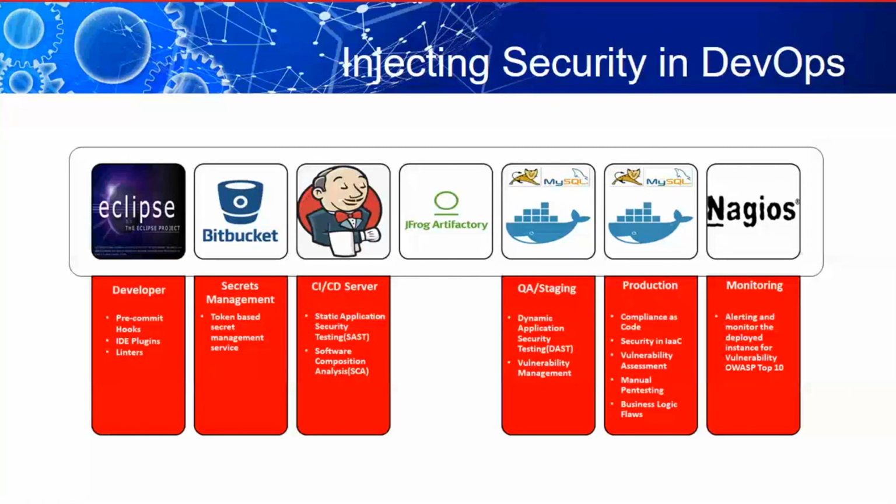And in the monitoring part, alerting and monitoring the applications is important because applications always face new threats from unknown sources or vectors. This can be mitigated by having intrusion monitoring and intrusion prevention solutions. For this, we can use ModSecurity WAF to identify or detect OWASP Top 10 based vulnerabilities.